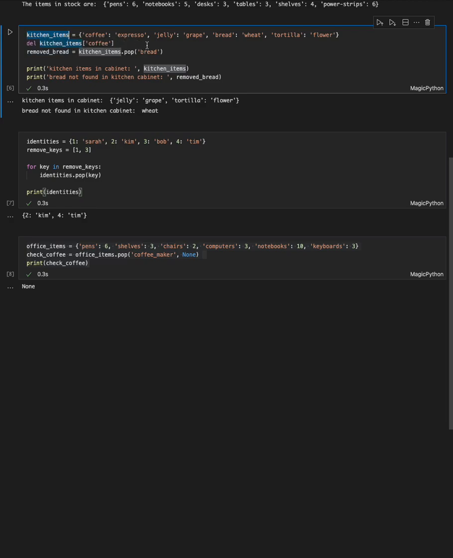So then we attempt to call the delete keyword, so delete from the kitchen_items dictionary, and we're going to slice from the dictionary this coffee key. And then on the next line, we declare a removed_bread variable and initialize it by calling the pop method on the kitchen_items dictionary, with the bread key as a parameter. Okay, so now onto the print